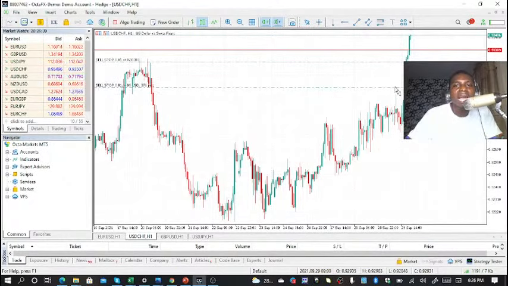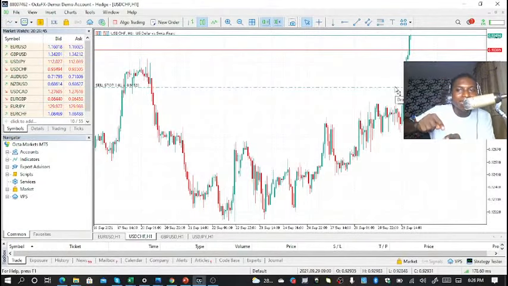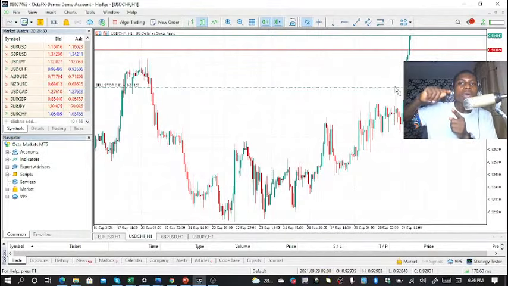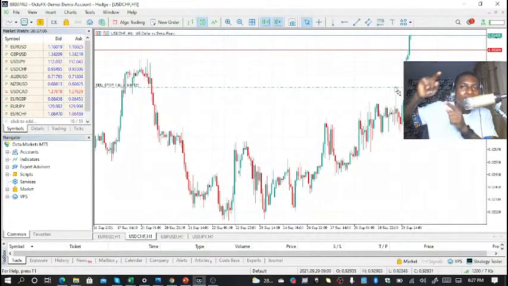If you are willing to sell at any price level below the current price, a sell stop is what you would have to set. Now, a recap. A buy stop is an order that you set above the current price level, which means you are instructing your broker that you are willing to buy this particular currency above the current price level. Now for a sell stop, you are giving an instruction to your broker that you are willing to sell below the